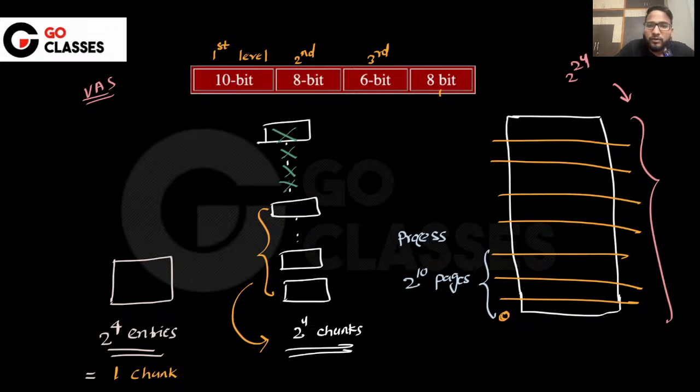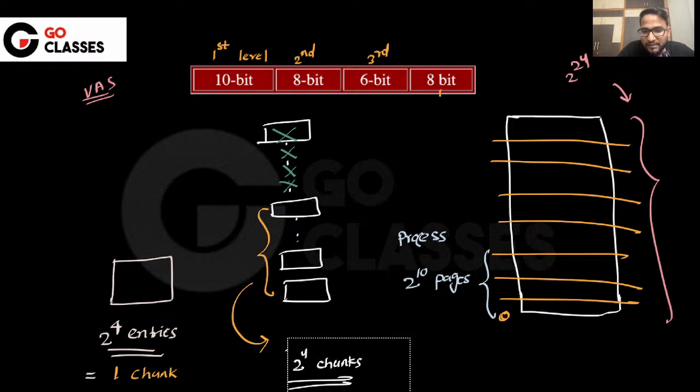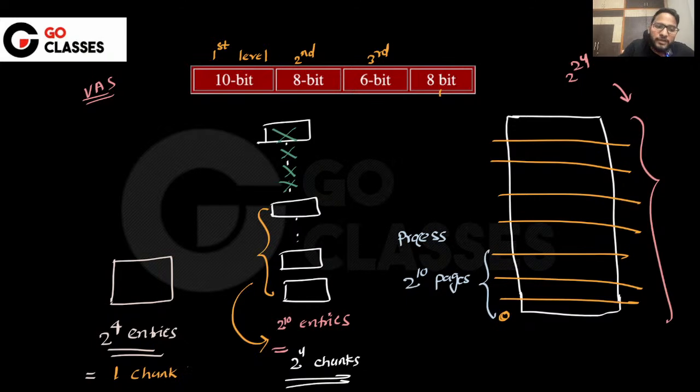Right? Similarly, here I needed 2 power 10 entries, and I translated the 2 power 10 entries to chunks, which comes out to be 2 power 4 chunks. So 2 power 10 entries were needed here, which comes out to be 2 power 4 chunks. Similarly, at the last level, since only one chunk is helpful here,